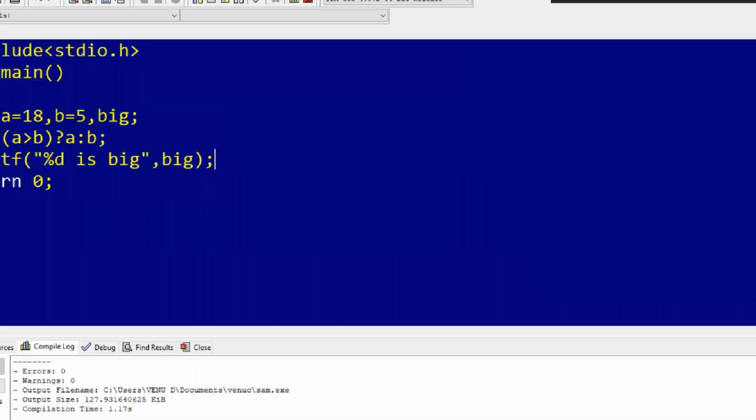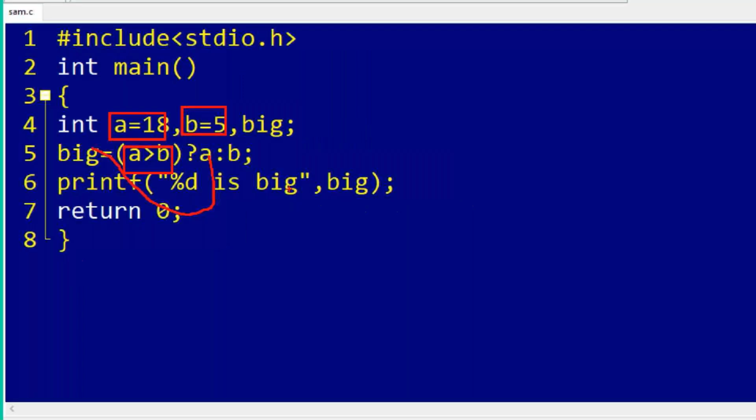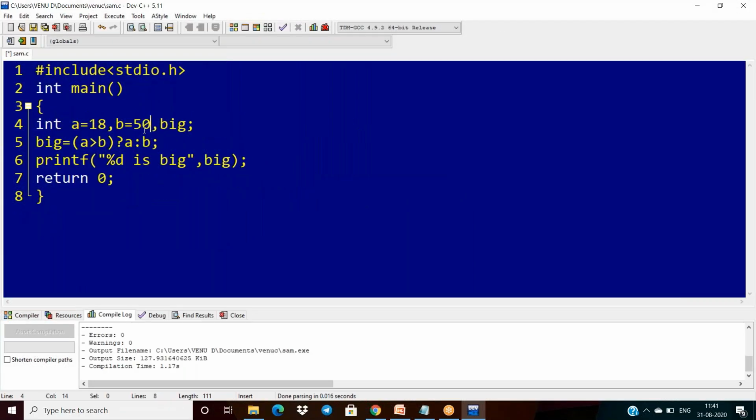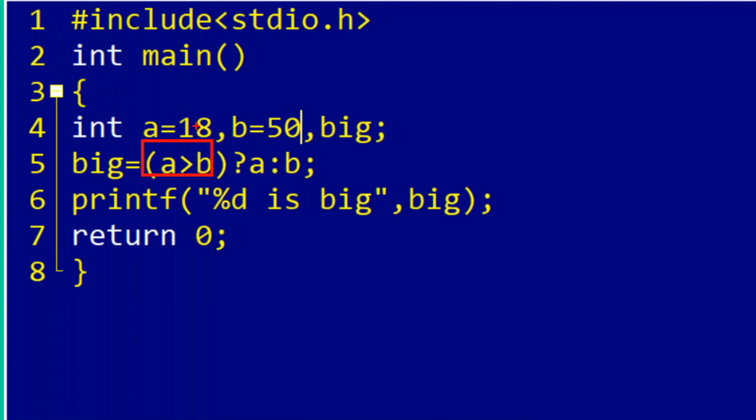See how it works. First a is 18 and b is 5. It compares: 18 is greater than 5, true. Then immediately the value of a is assigned to big. Now 18 is assigned to big. Suppose I give 50 for b.